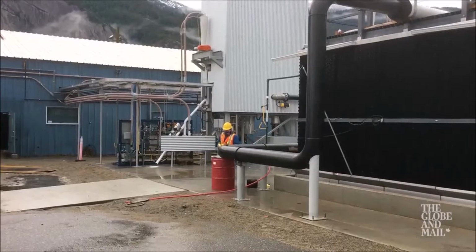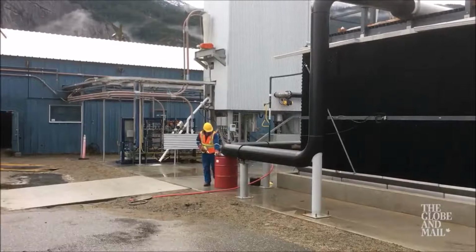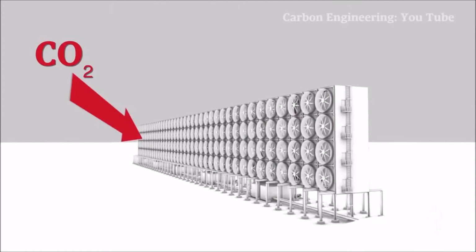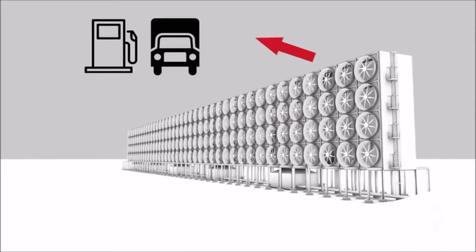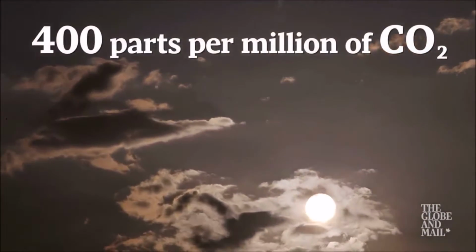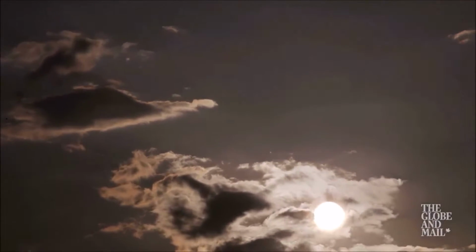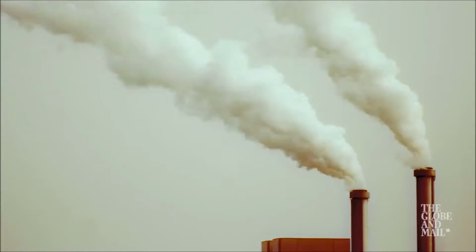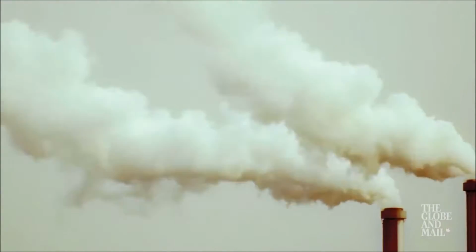At this pilot plant in Squamish, British Columbia, the goal is to show that carbon dioxide in the air can be captured in a quantity that makes it commercially useful. The atmosphere contains about 400 parts per million of CO2. That's only 0.04%. Enough to be a big problem for the global climate system, but not an amount that's easy